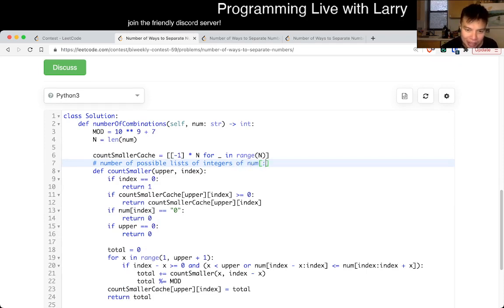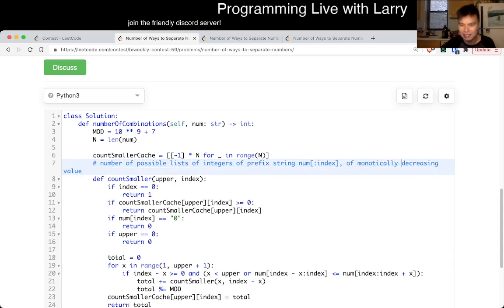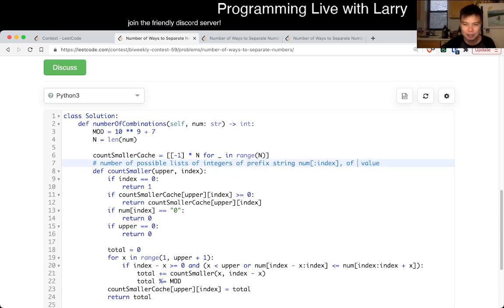So this is a prefix of prefix string num of decreasing value or non-increasing. So monotonically decrease, monotonically, can't spell, so let's just say non-increasing, right? Because now basically what I'm doing here is that I'm going backwards, and then here we can think about